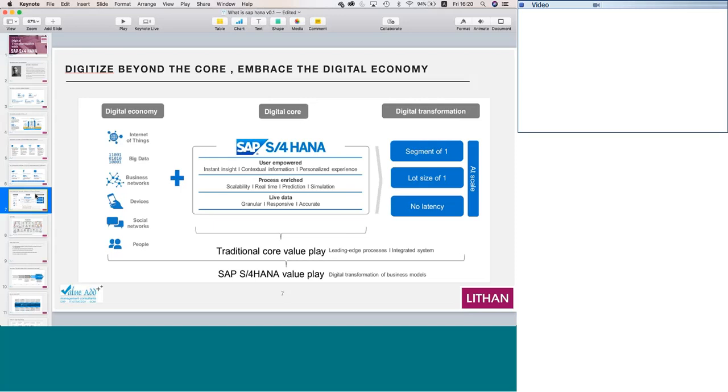All your ECC modules of your finance, controlling, sales, materials, HR, etc. That is the digital core which SAP is talking about, and that is now going to run on S4 HANA. The new thing is called S4 HANA. Now, the question you may have is, is this going to replace ECC? The answer is yes. When? The answer is 2025.